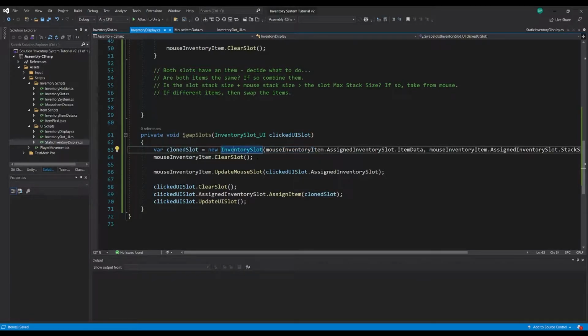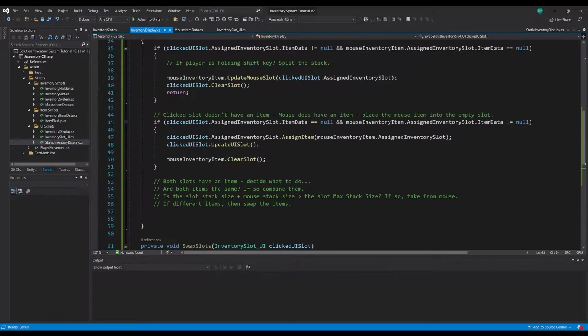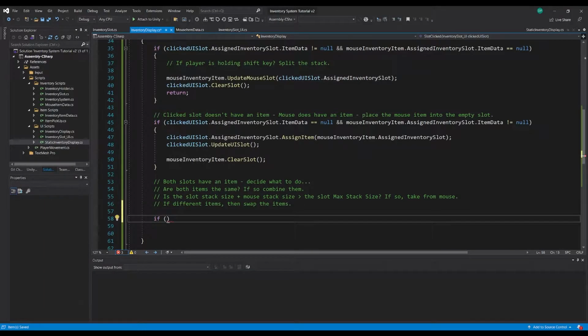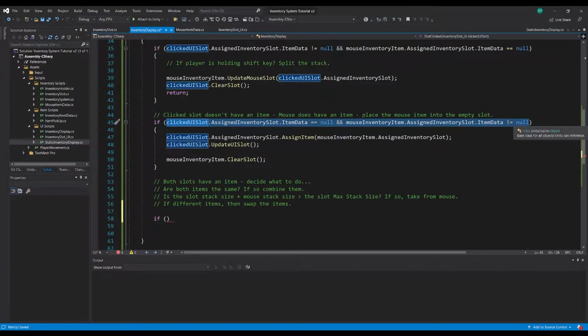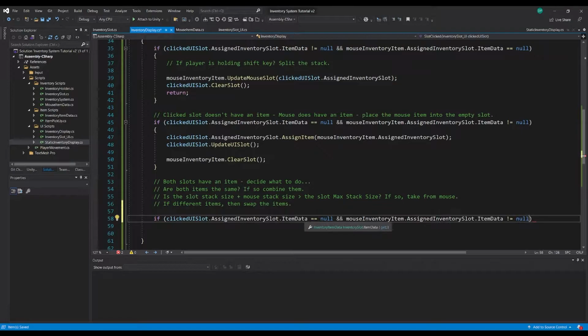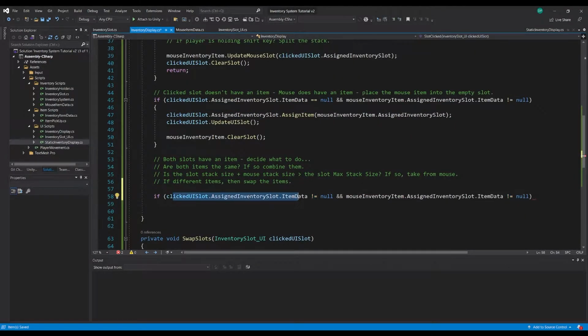It's not used anymore, so we don't need it. So let's just go back up here. So the first thing we want to do is account for both items, both the click slot and the mouse having an item on it. So we can just copy this, paste it here, and we'll say not equal to null and not equal to null. So if the click slot has an item and the mouse slot has an item,